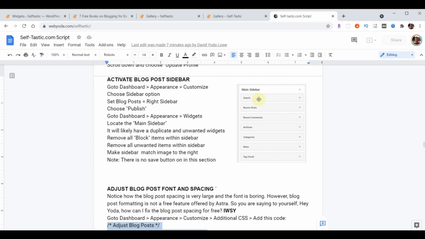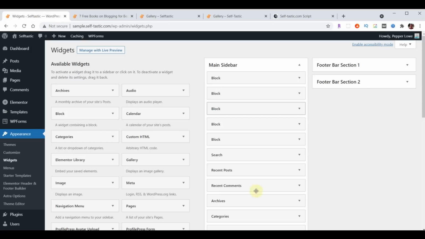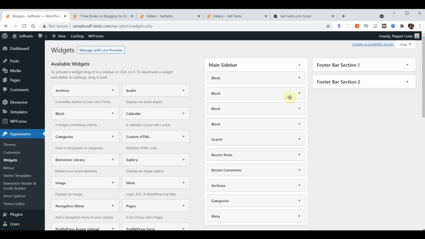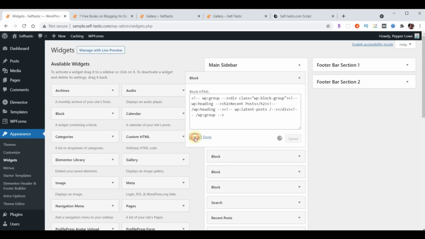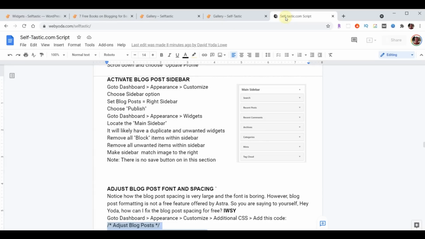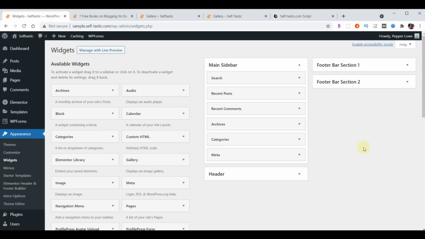I want to have a search box. I want to see recent posts. I want to see recent comments, archives, categories, meta, and a tag cloud, and we'll talk about those. But basically, we're trying to get to that, and we're currently seeing this. So the first thing that we can do is delete all of these that just say block on them. I think as much as anything, they're just duplicates. And now we have the list that looks like this one, except that there's one extra one that I want